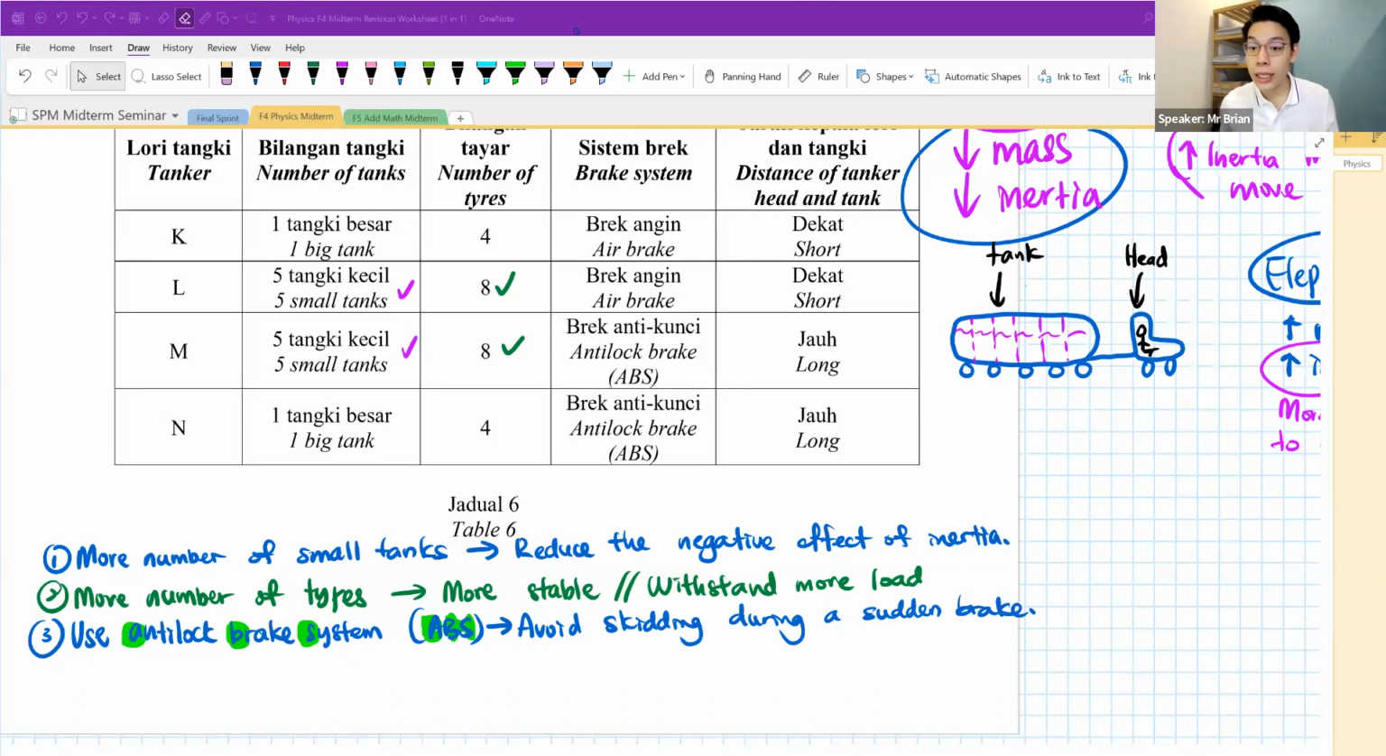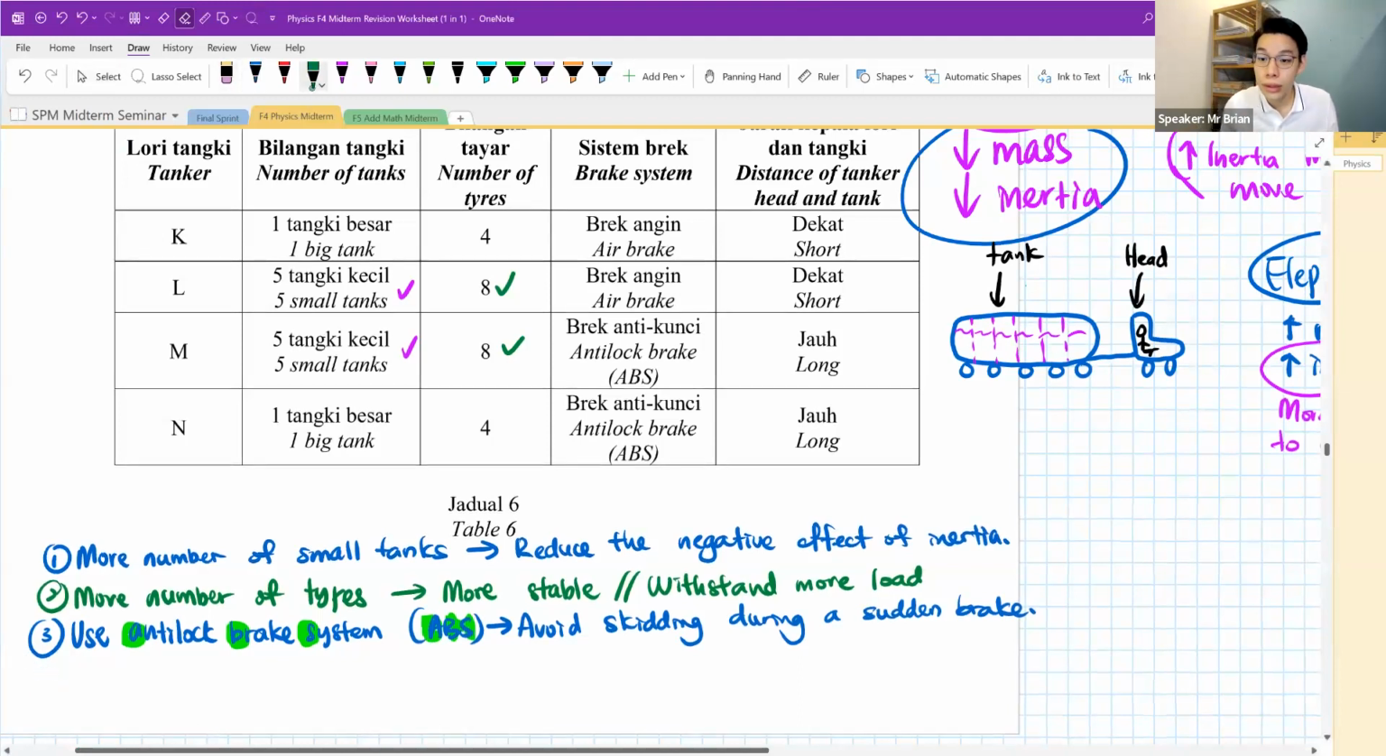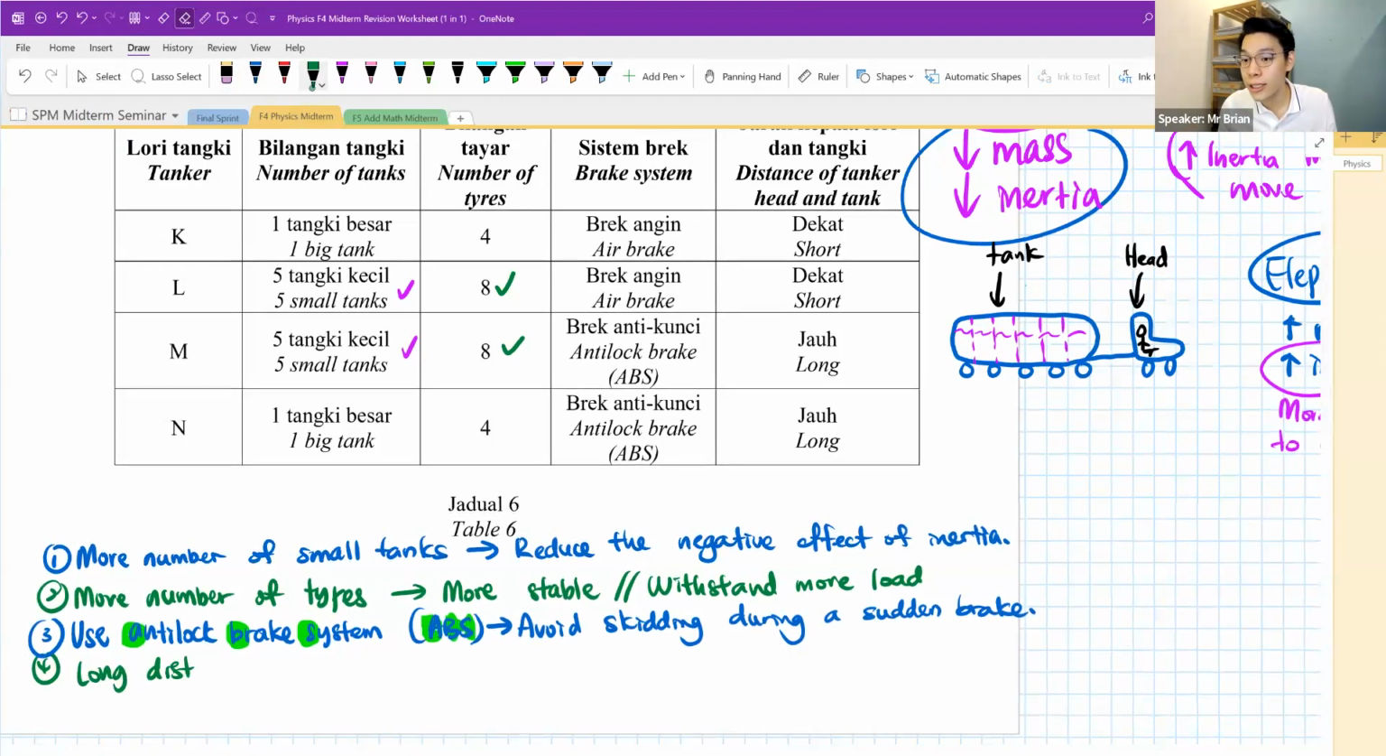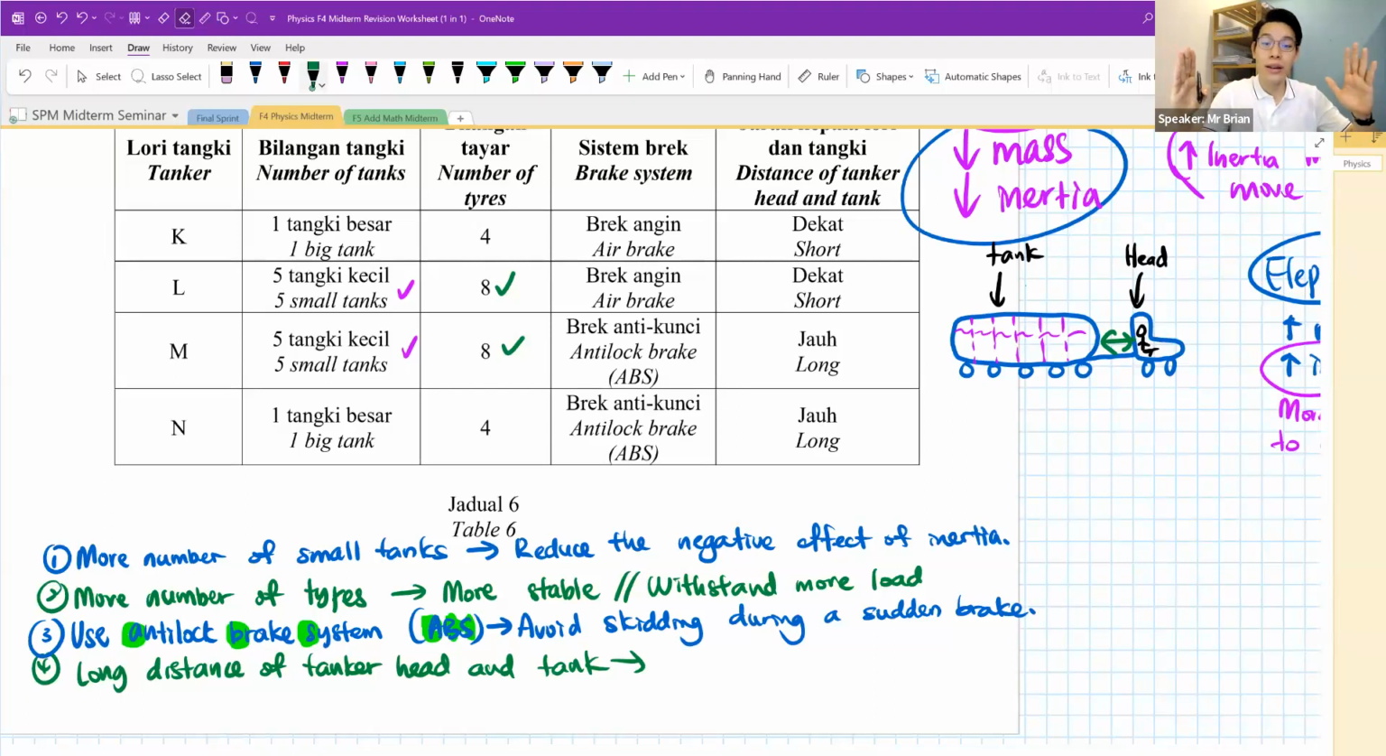Now, the last one, we want a long distance of tanker head and tank. Okay, we are talking about the distance here, right? It's so that if you increase that gap, if one day suddenly this guy hits onto something,